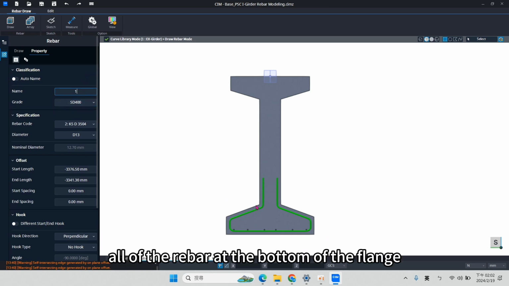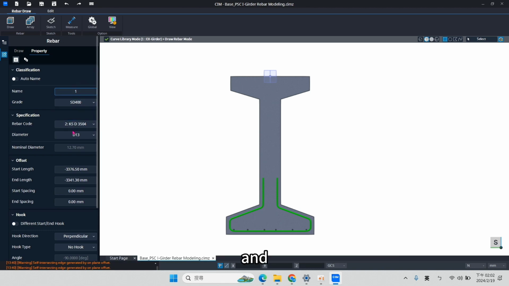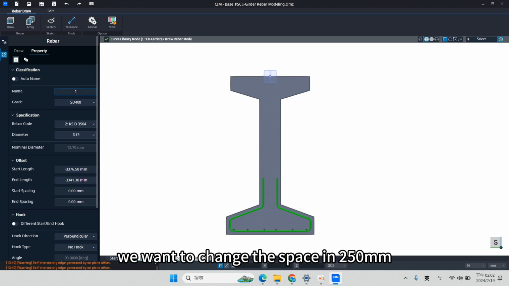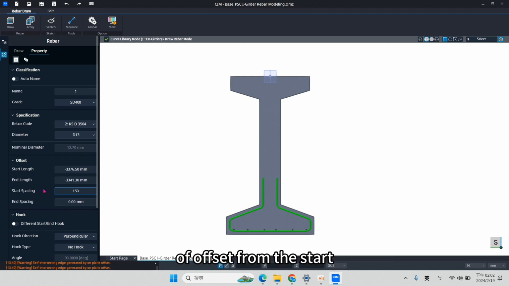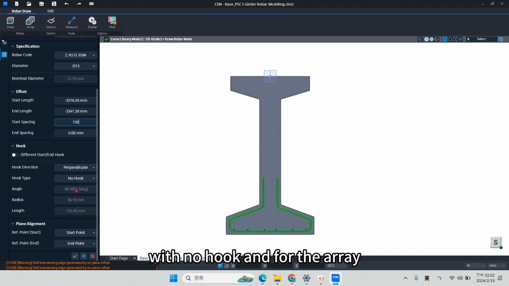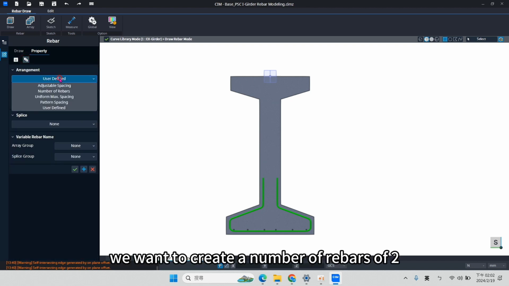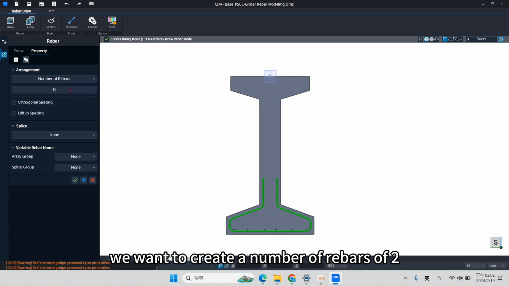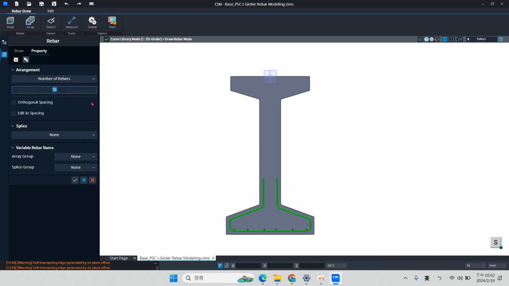because all of the longitudinal rebar is on the bottom of the flange, and we want to change the spacing to 150 millimeter of offset in the start, so that means it will have 150 millimeter spacing in this part, with no hook. And for the array, we want to create a number of rebars. Number of rebars 2.